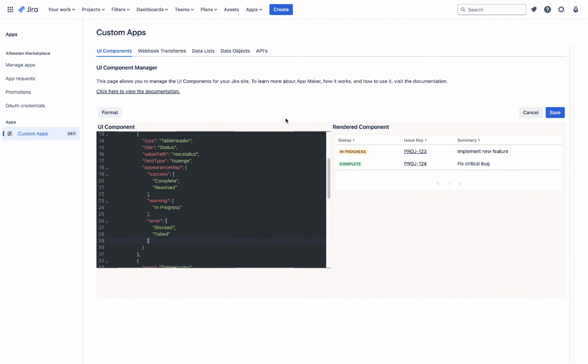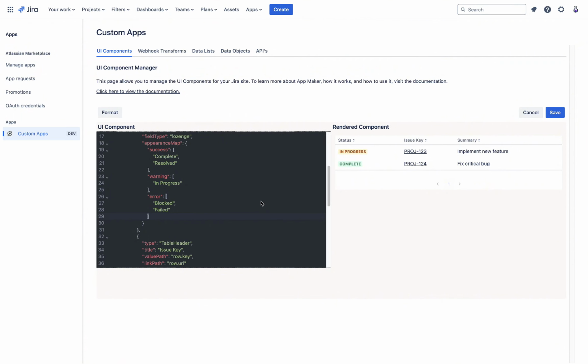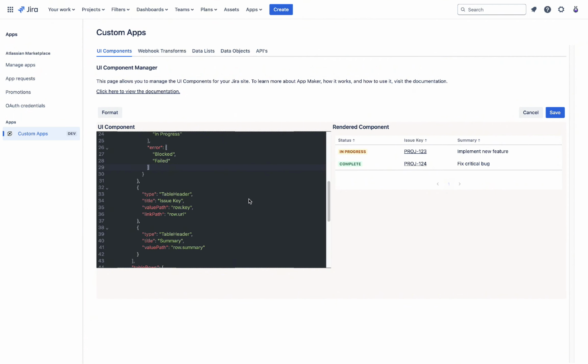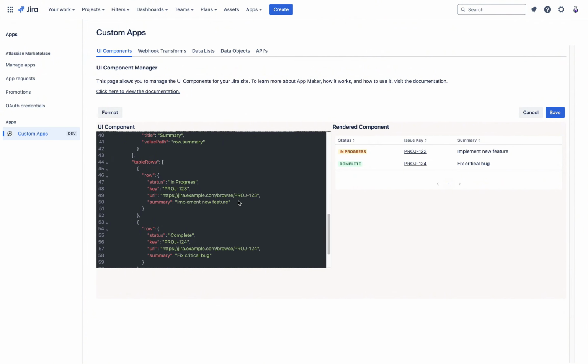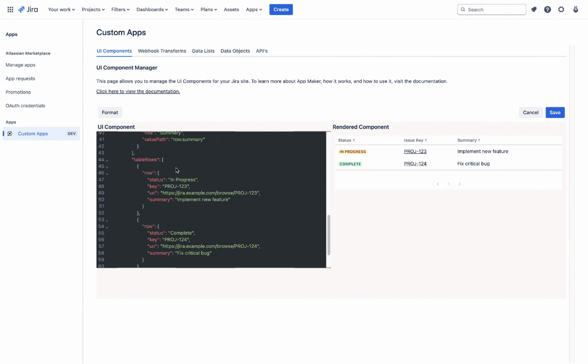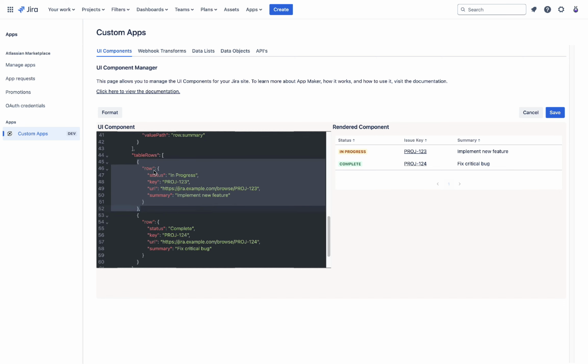The only other thing to go over then is how you actually get data into the table. And we're not going to go over that in detail right now because it heavily utilizes a capability that we're going to go over in the next video, which is a template function. So there are two ways to get data into a table. The first is what you see here, where we're just hard coding a list of objects into the table